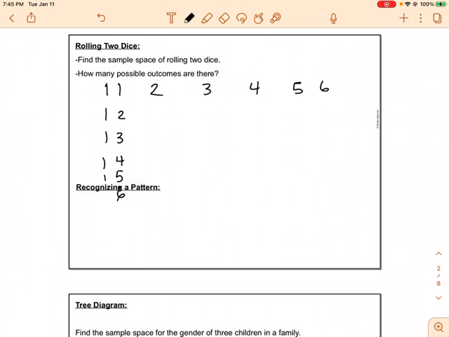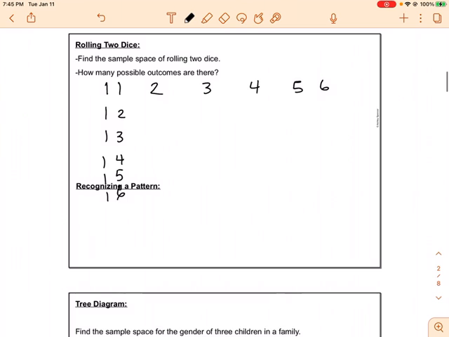So the first die would be 1, and the second die would be 1, 2, 3, 4, 5, 6, or you could have 2, 1, 3, 1, 4, 1, 5, 1, 6, 1, 2, 2, 2, 3, 2, 4, 2, 5, 2, 6,